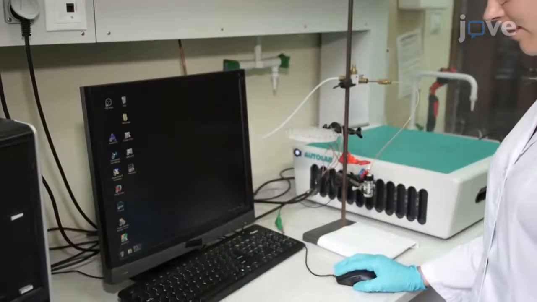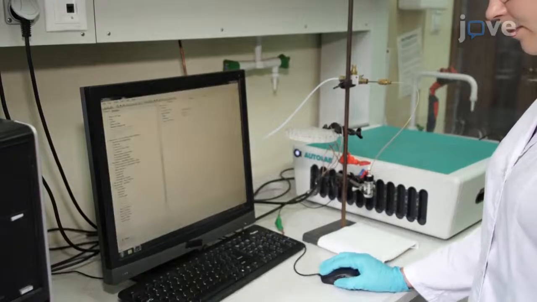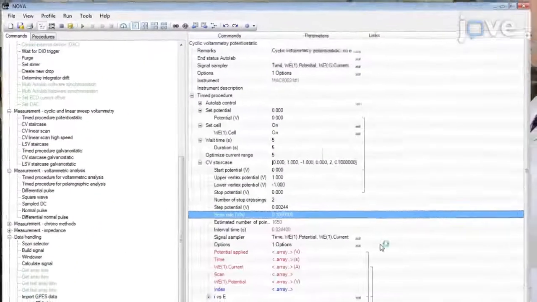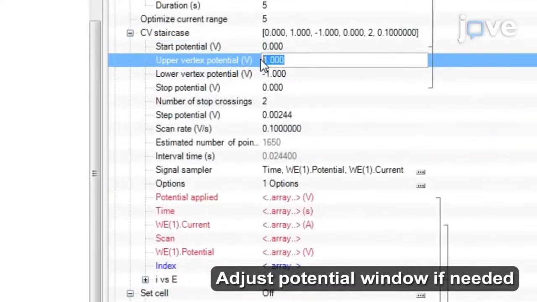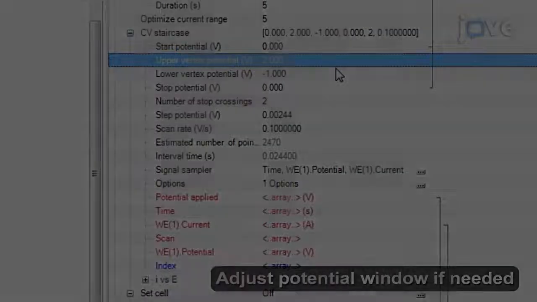Once the electrochemical cell is ready, open the potentiostat software and select the CV procedure. Set the start potential to 0 volts and set the upper and lower vertex potentials to